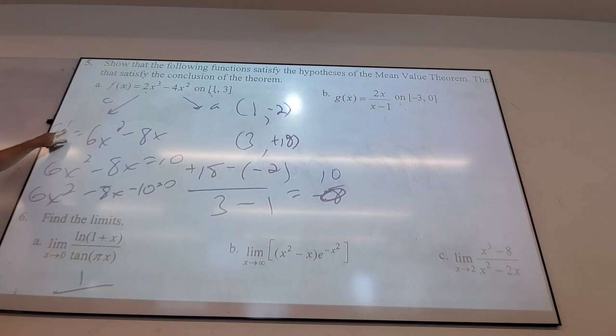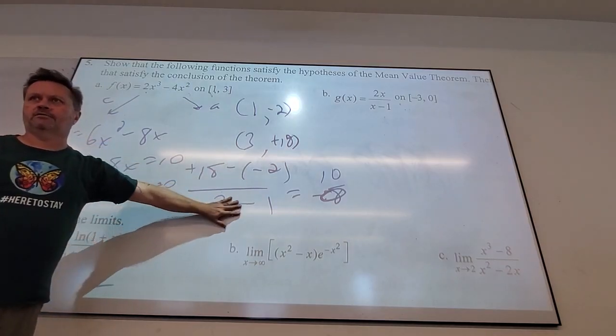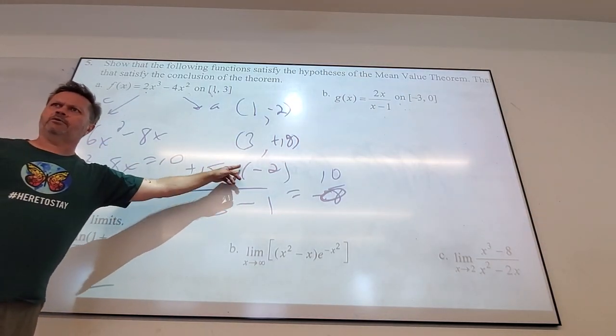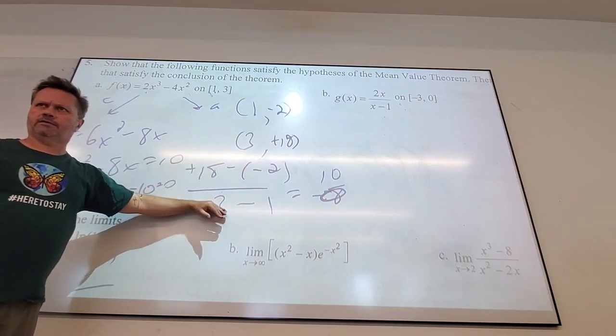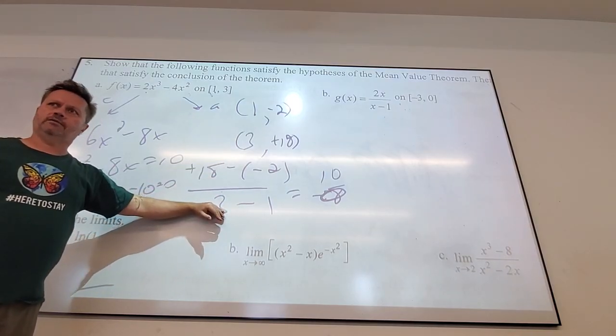What does this mean? Well, that's the derivative. Which means we took the power rule. No, what's derivative mean? It's the what of a function? Slope. What does this calculate? I don't know. y2 minus y1 over x2 minus x1. Change in y divided by change in x. What does that calculate? Okay.